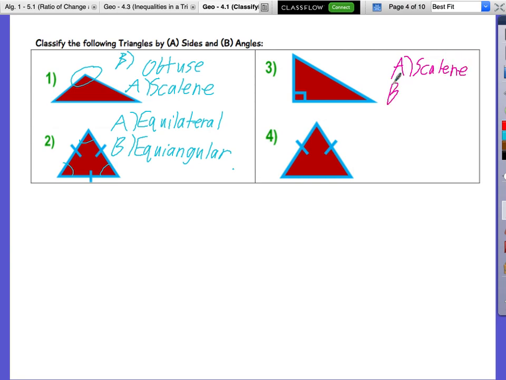And then based upon the angles, why do you think it's a right triangle, Nathan? Because it has a little chair-looking thing at the bottom. It has this little chair-looking thing, that box, which tells us it's a what kind of angle? A 90-degree angle or a right angle. So if it has a 90-degree angle or a right angle, it is automatically a right triangle.